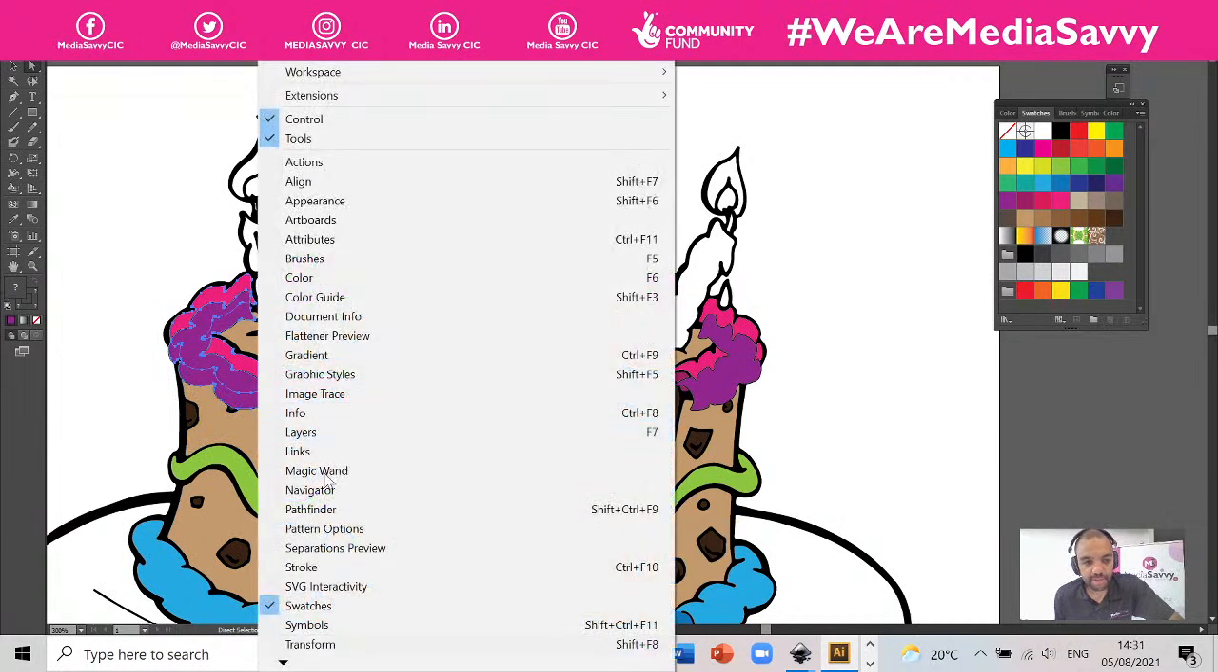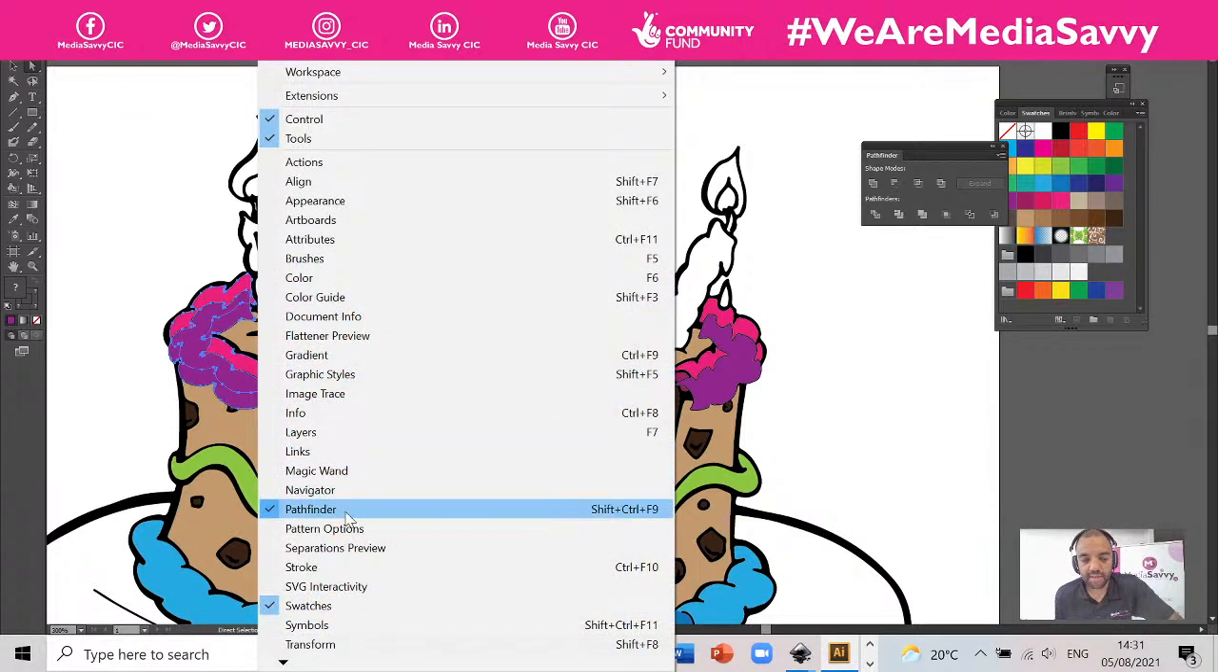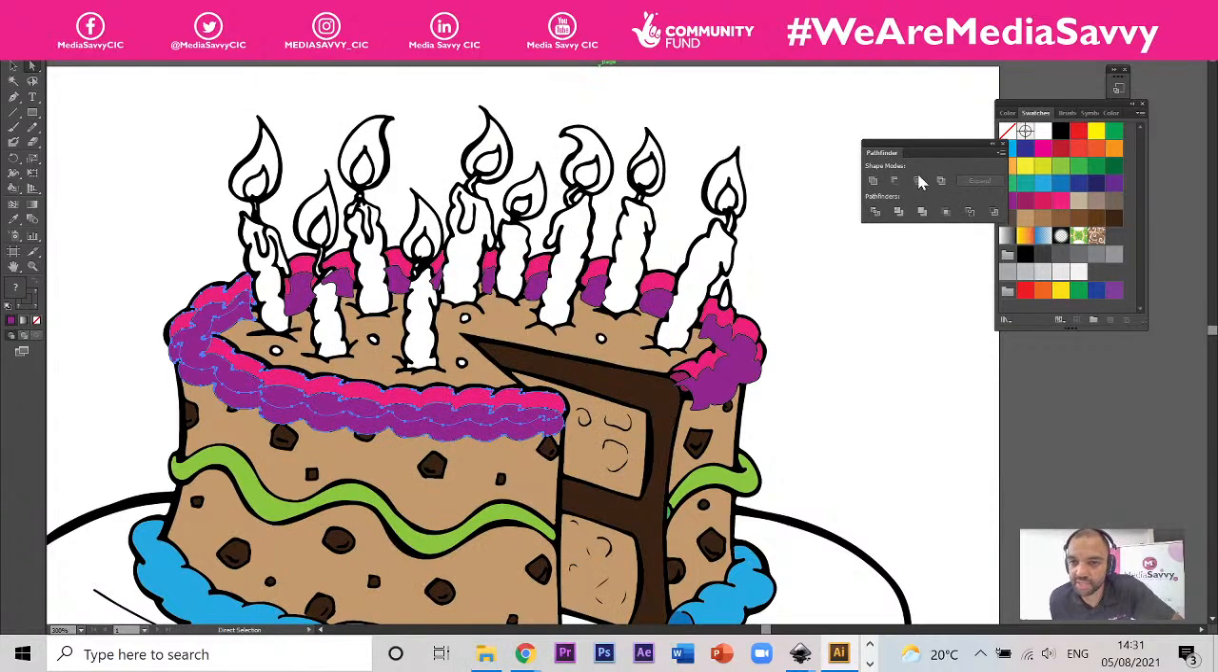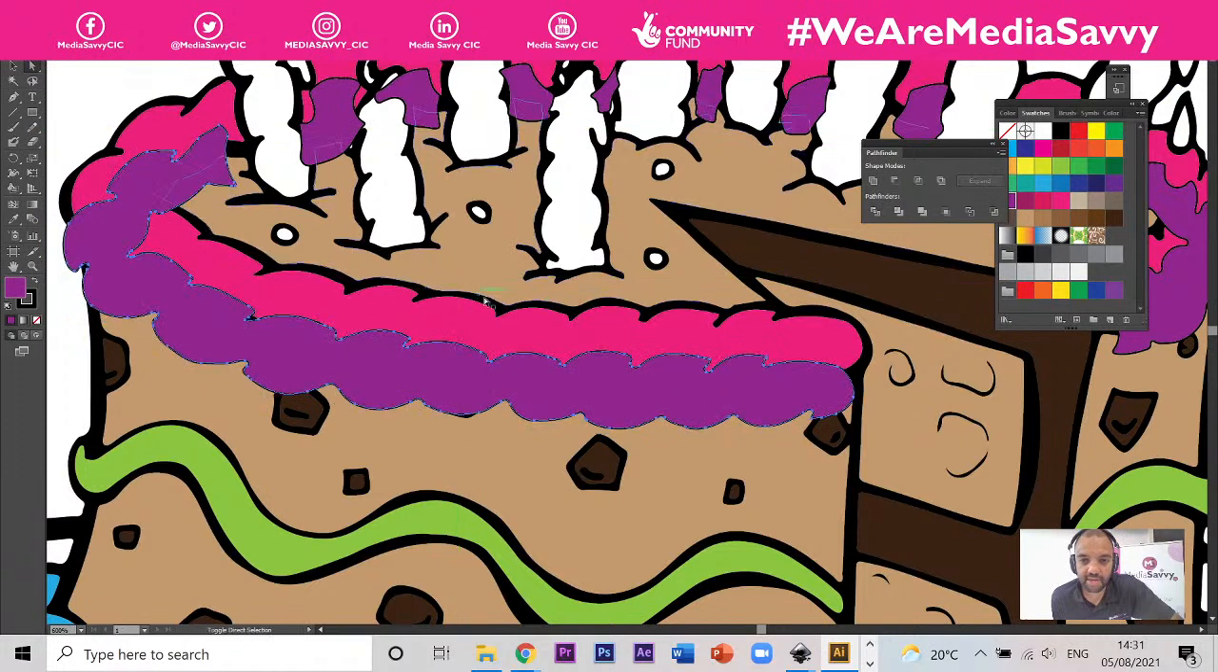It is called Pathfinder, and Pathfinder can be found in Windows. If you click on Window and then click on the Pathfinder control box, this allows you to... What I'm aiming to get at is keep this little section of the image, okay? So I'm going to drop that down a bit there, select that, and hopefully remove